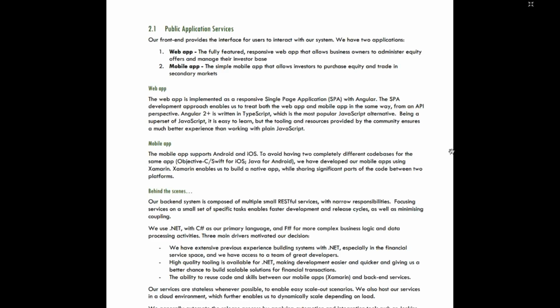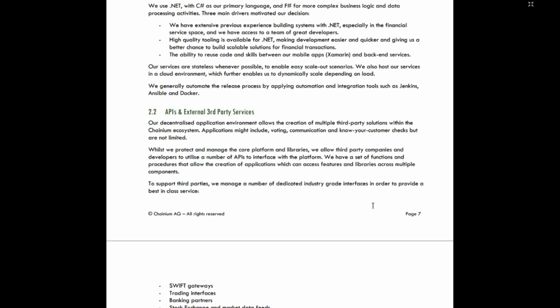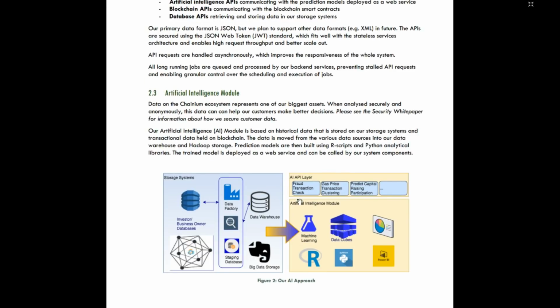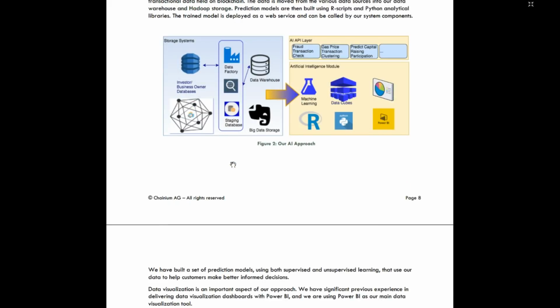And they will have a web app and a mobile app as well, so you'll be able to use your browser on your computer and also your mobile device to access their services. They will be providing external third-party services as well, so that you'll be able to, as a developer, build different applications for the Chainium ecosystem. There is this interesting artificial intelligence module that I mentioned briefly in the blockchain section, and that will basically utilize the data to give users of the platform a little bit more information to make the best decisions